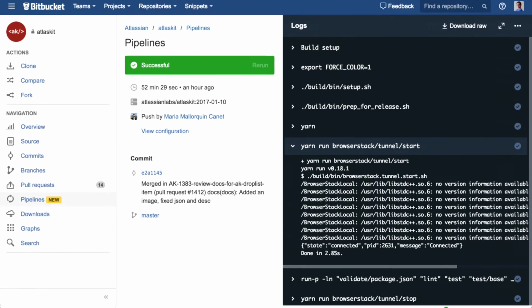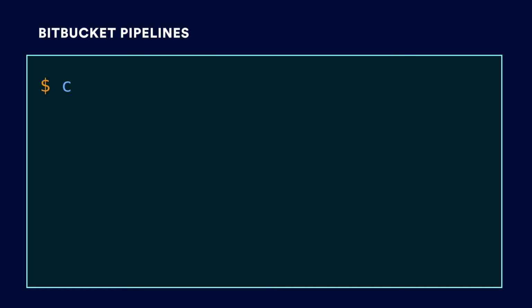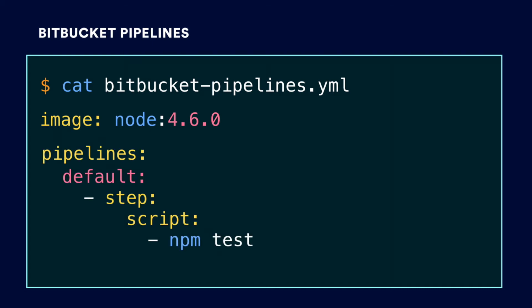And if you click through to one of those build statuses, you'll see basically a set of script steps being executed in a Docker container that is the environment for your build. Now, the way that you configure Bitbucket Pipelines is by creating a special file in the root of your repository called bitbucket-pipelines.yml. It contains an image, which is the Docker image that's going to be used for your build, and then it contains a set of pipelines that are going to be run when you push new